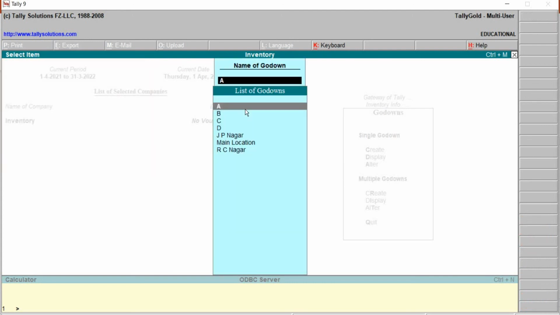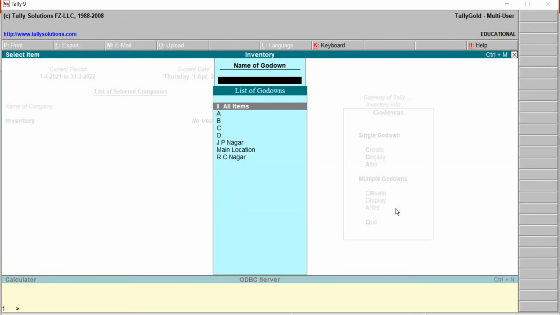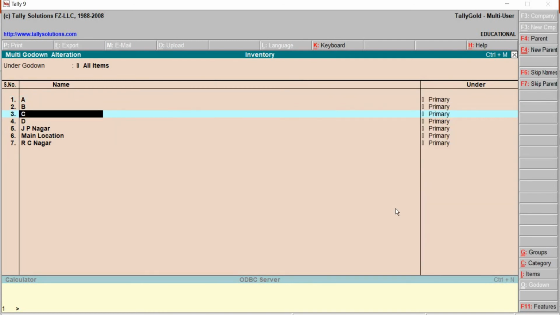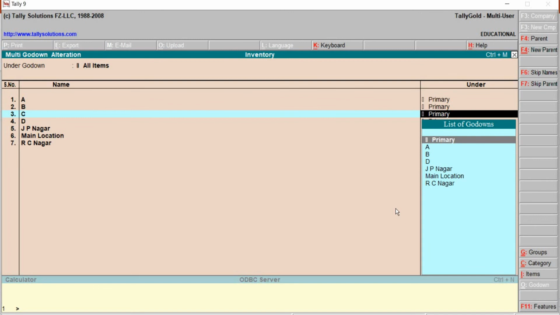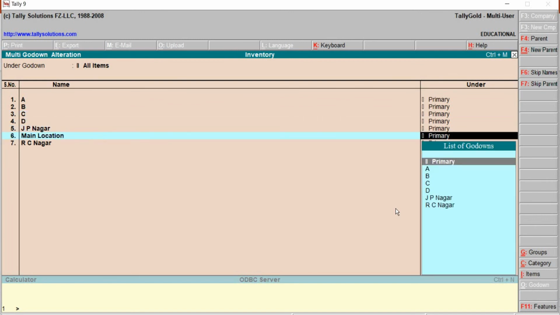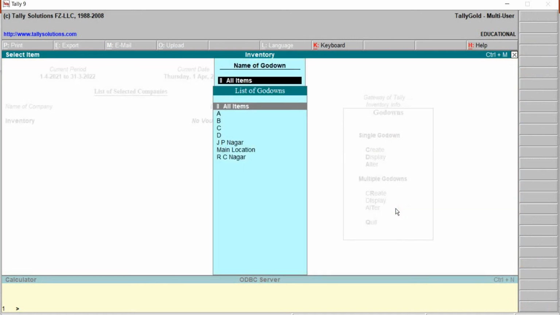In the same way we can come out by pressing escape. Multiple mode, alter, right? Here also we can alter. We can see the cursor pointer has come. Then later save. To come out, escape.